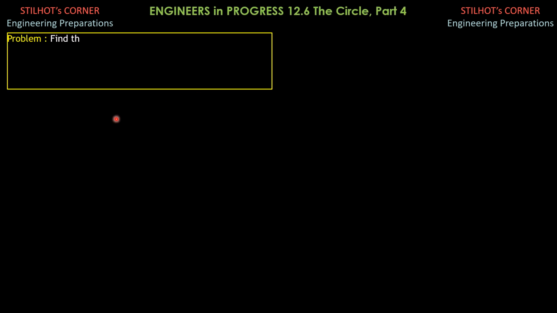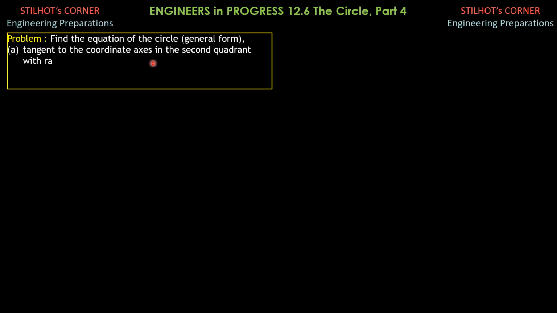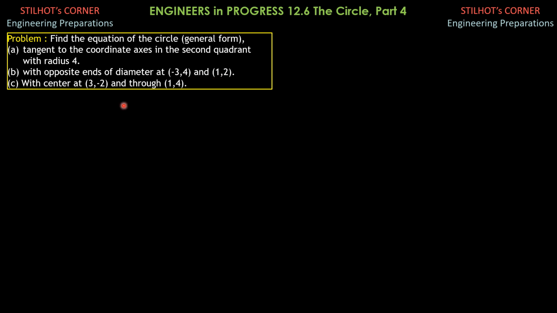So there are three exercises in this video, and here is the first problem. Find the equation of the circle and write it in general form. A, tangent to the coordinate axis in the second quadrant with radius of 4 units. B, with opposite ends of diameter at -3, 4 and 1, -2. And C, with center at 3, -2 and through 1, 4. So let's focus